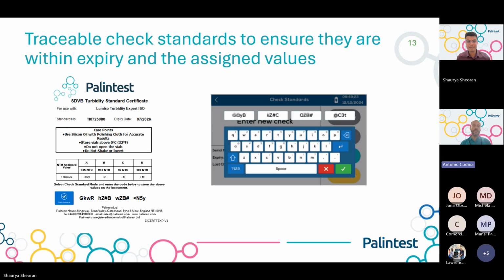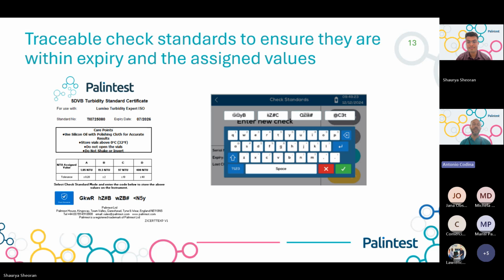What we supply is a certificate like that one. We measure every single standard when we manufacture them here, and we can guarantee that those are the values of turbidity of that standard. And then we give you a tolerance that will give you some certainty in the measurement that you are doing. What is interesting is that we have introduced a code that you see at the bottom